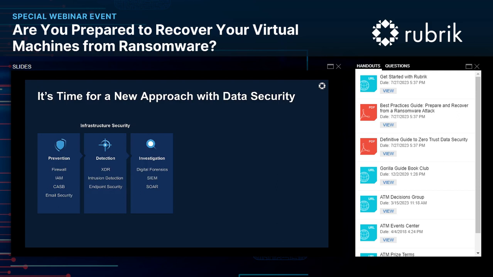I think we would all agree that for end-to-end cybersecurity, we first need to have infrastructure security. If you have a house, you need to close your windows and lock your doors. And to be clear, Rubrik isn't replacing anything in your infrastructure stack. What we are saying is that if all of your lines of defense fail, then Rubrik is going to help you understand and recover by providing data security.